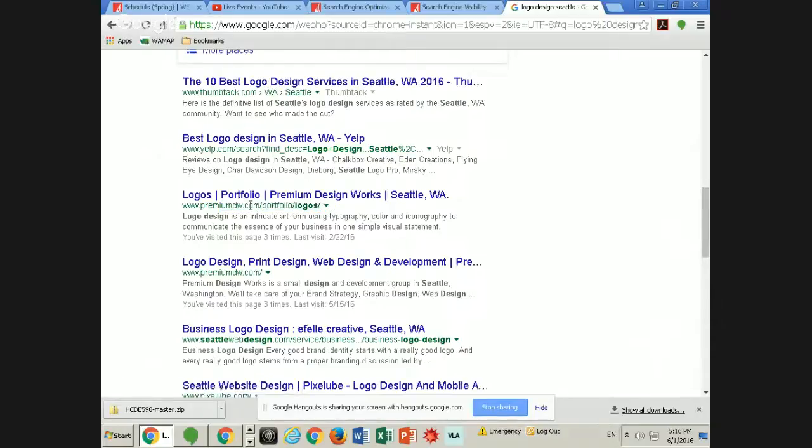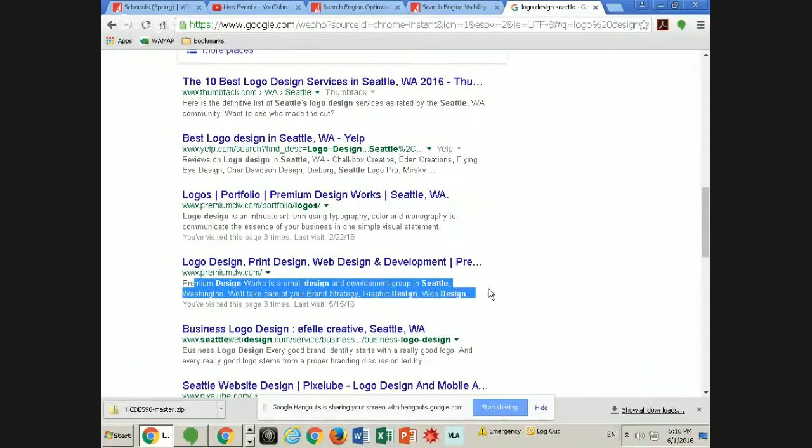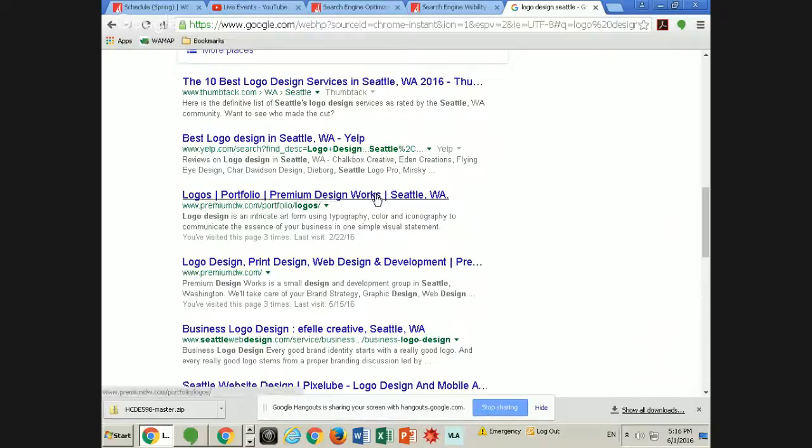So this is why you want to have your permalink structure the way you do, right? That really doesn't mean a whole lot, but whatever. Logo design is an intricate art form using typography, color, etc. Premium Design Works is a small design and development company, Seattle, graphic design, web design, etc. Okay? So if this is the title tag and this is the URL,